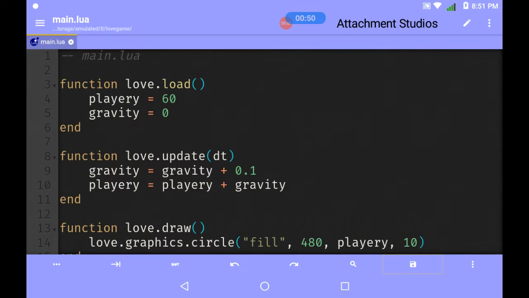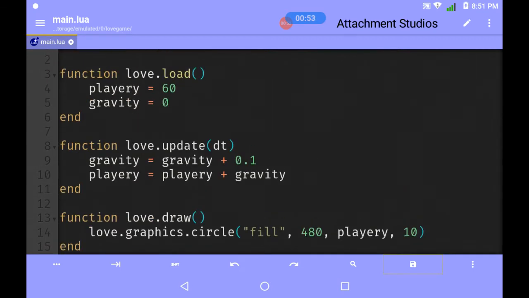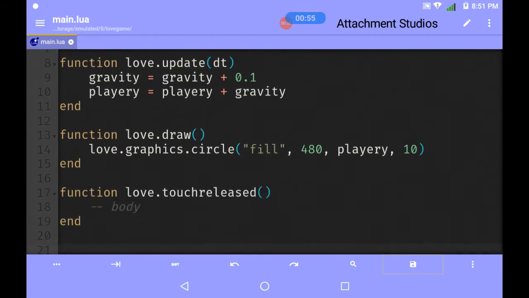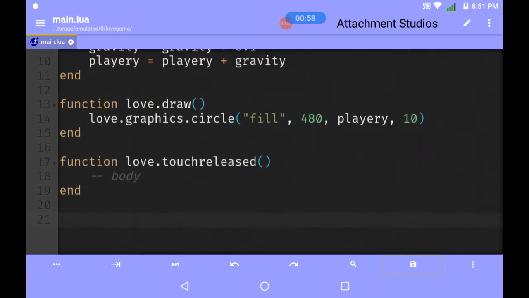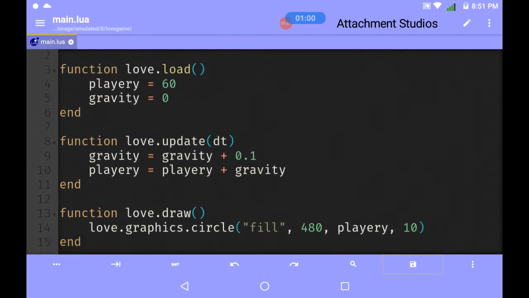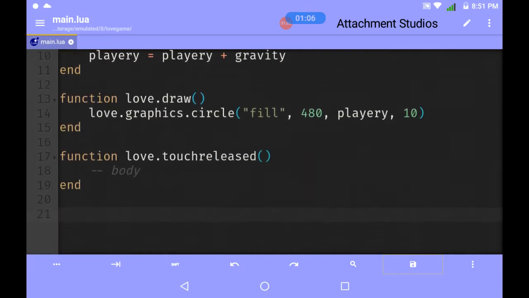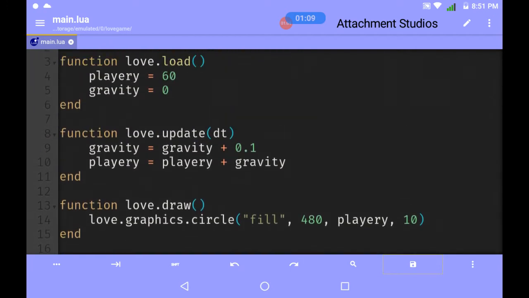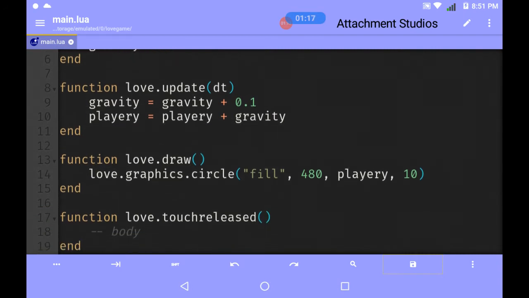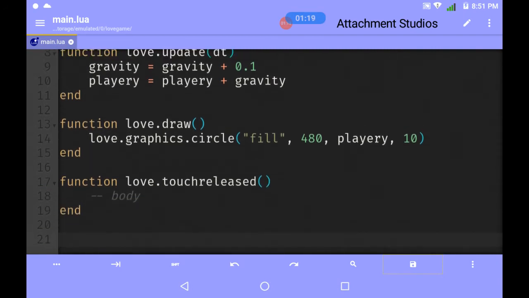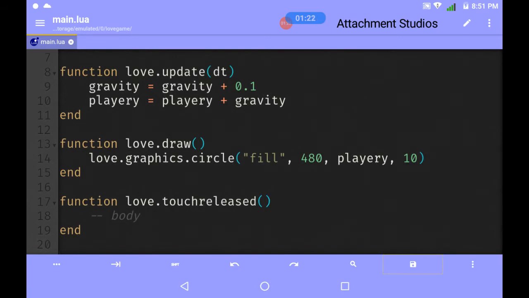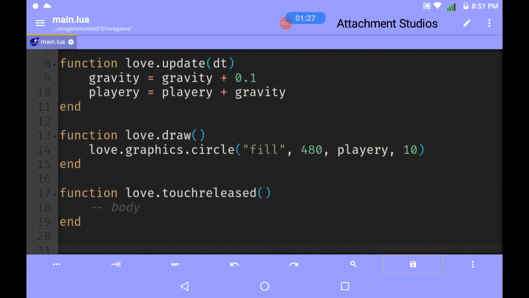need any platform. I have removed all the platforms and simplified the script a little bit and made it actually less than even 20 lines. Well, if I count, it's 1, 2, 3, 4, 5, 6, 7, 8, 9, 10, 11, 12, 13, 14. So 14 lines of code, and this is done. So for now, we have actually made this.